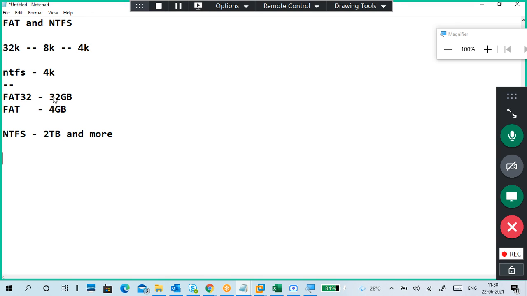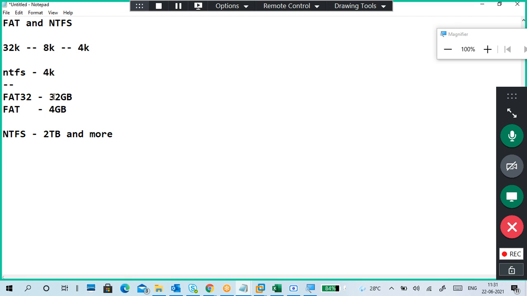If you are using NTFS in XP, the maximum size is 2 terabytes. But with Windows 7, Windows 8, and later Windows 10, the NTFS version increases, and the size support also increases. So depending upon the OS, you get a different NTFS version.